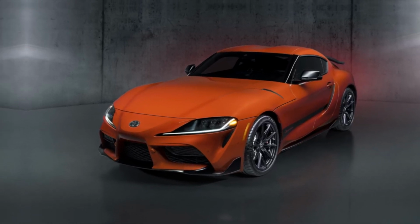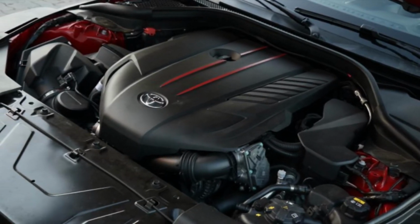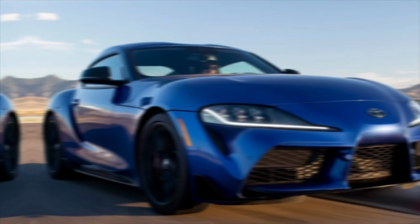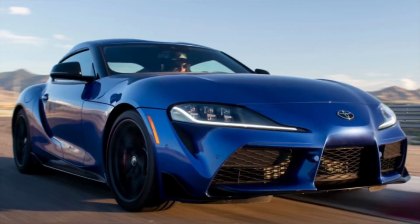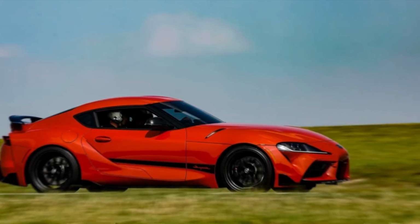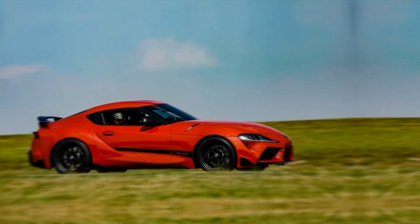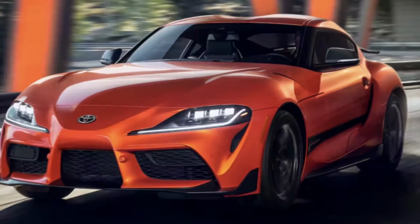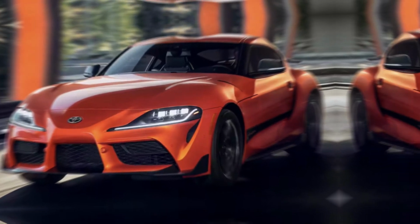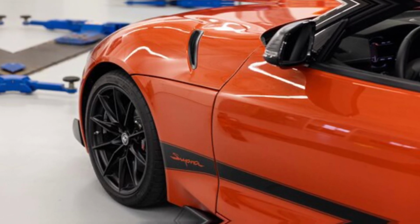But the Supra's beauty is more than skin deep. Under the hood, you have a choice of two potent engines, a 2.0-liter turbocharged 4-cylinder churning out 255 horsepower and 295 pounds-feet of torque, or the mighty 3.0-liter turbocharged inline-6, a beast producing 382 horsepower and 368 pounds-feet of torque. Both engines are mated to a smooth-shifting 8-speed automatic transmission, with the 3.0 offering the option of a thrilling 6-speed manual. This translates to exhilarating acceleration, sharp handling, and a connected driving experience that will leave you grinning from ear